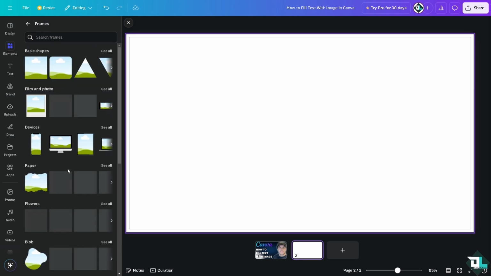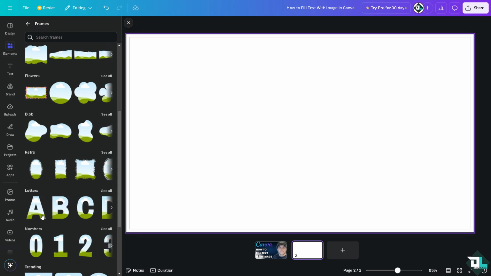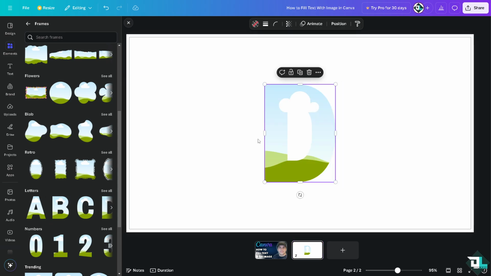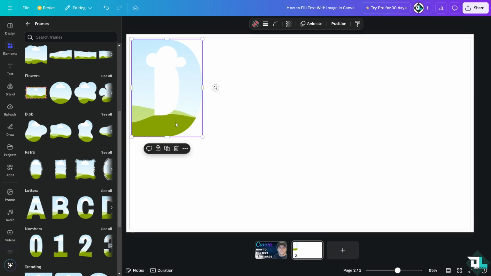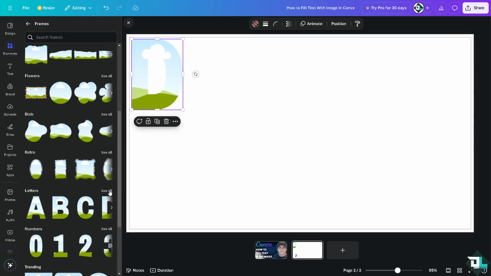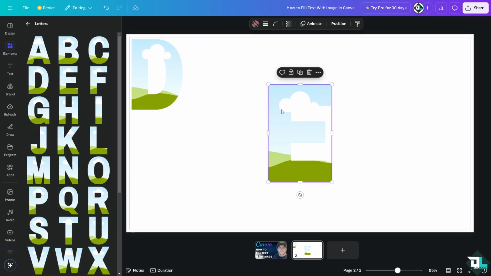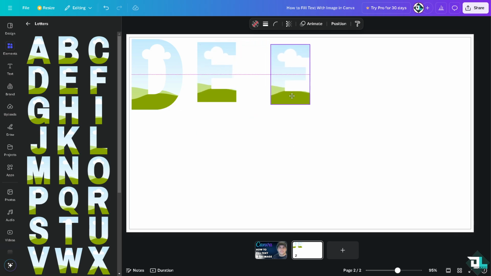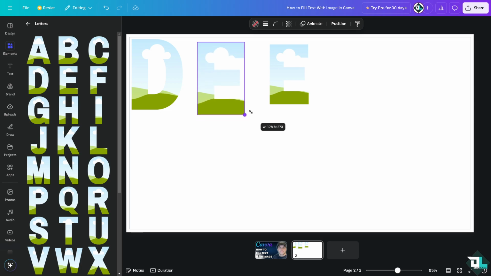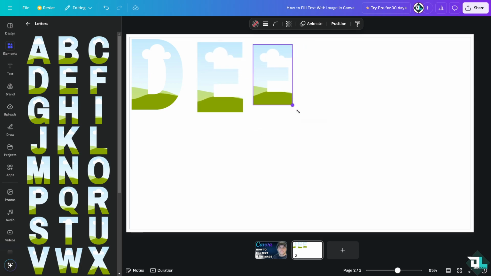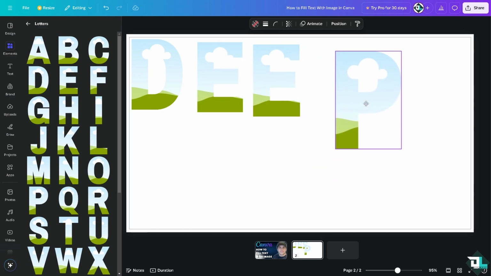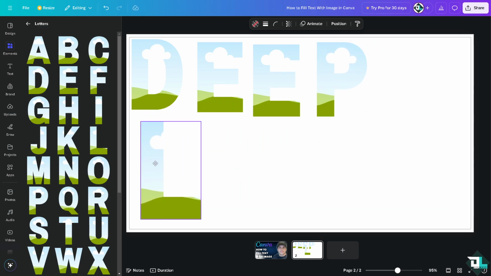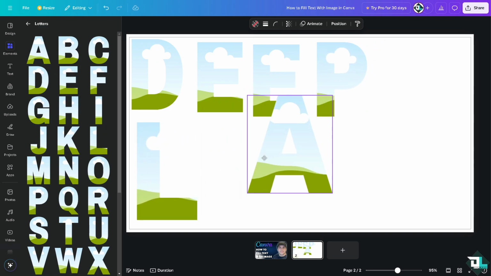Click on See All Frames, hover down below where you can see the letters, right? Now, I'm going to choose something that resembles our logo or our brand. That's going to be Deep G-Plafs. Okay, so that letter L, letter A,